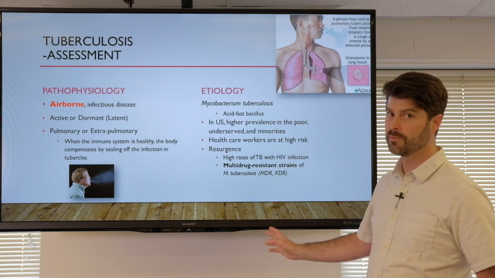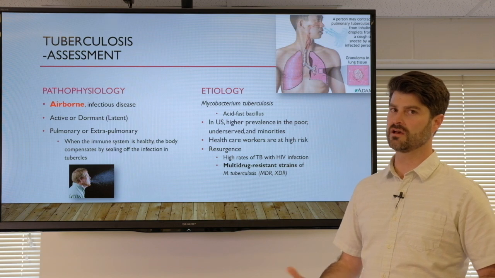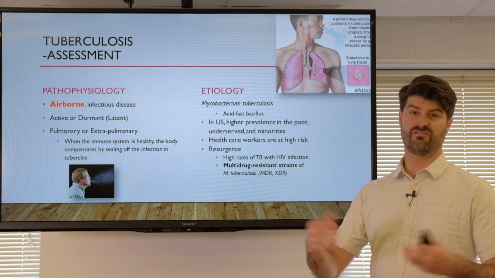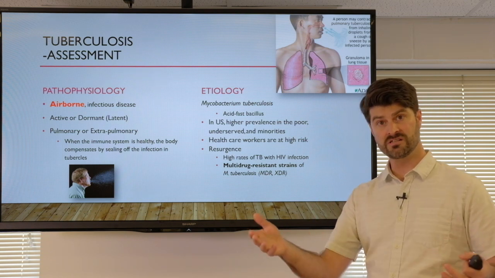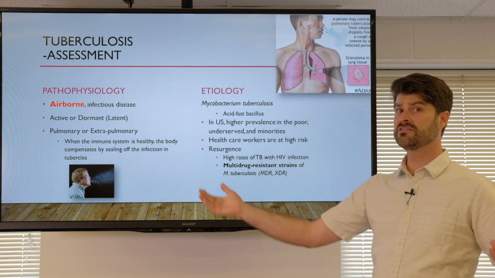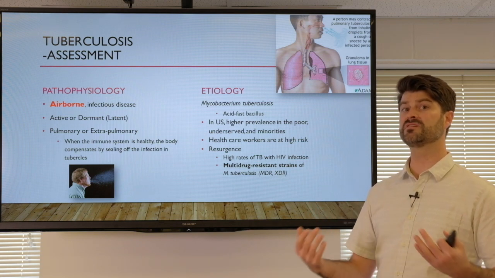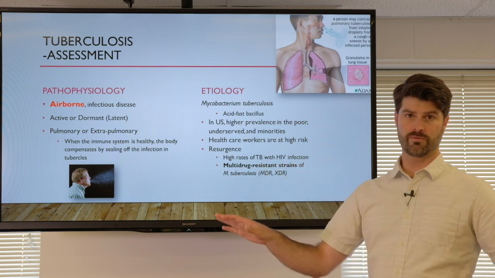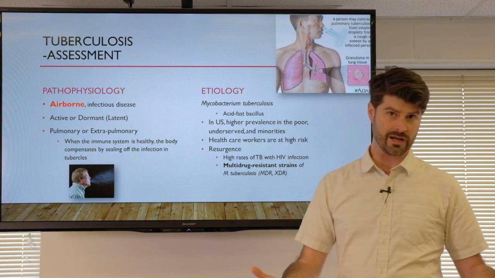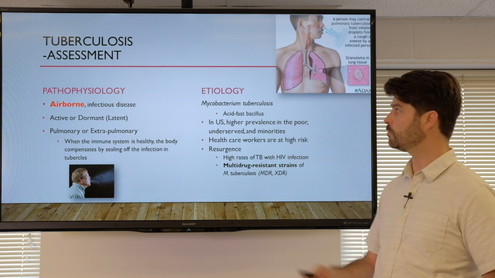The other big scary problem is we are starting to see a lot of multi-drug resistant strains of TB, meaning that multiple antibiotics, it's not even like VRE, which is vancomycin resistant bacterium. These are multi-drug. So there's a lot of different lines of therapy that are not effective in treating this. And we even have cases of what we call pan-resistant, meaning that strain of tuberculosis is resistant to all antibiotics. So we have no effective treatment for those cases, which is a little bit terrifying